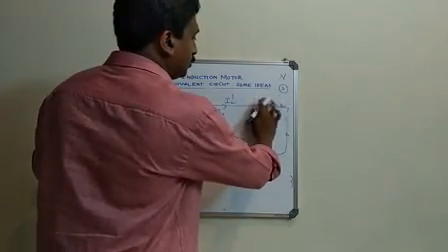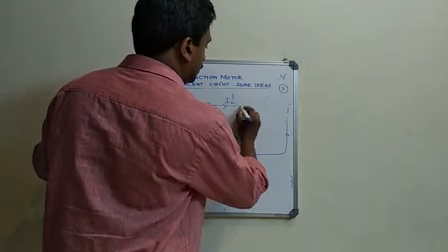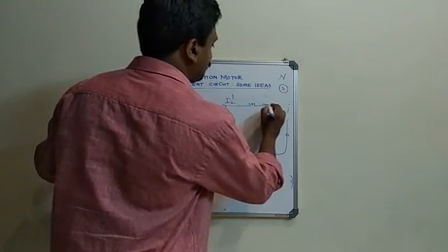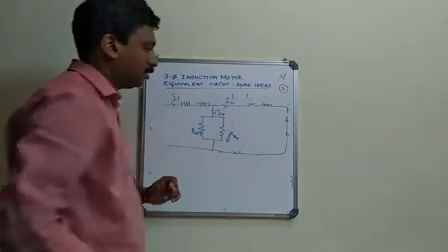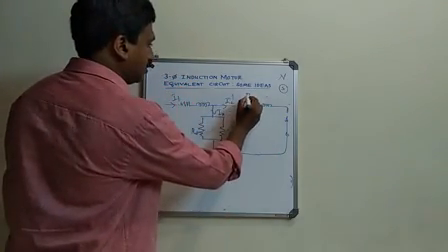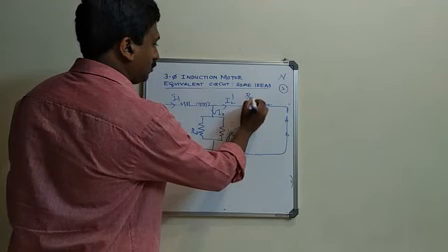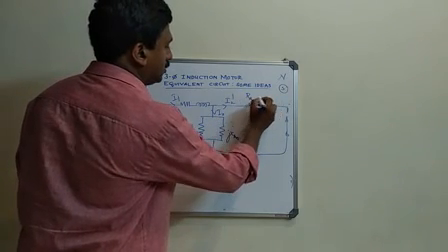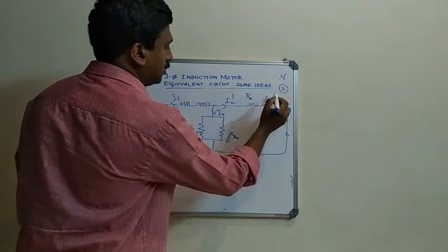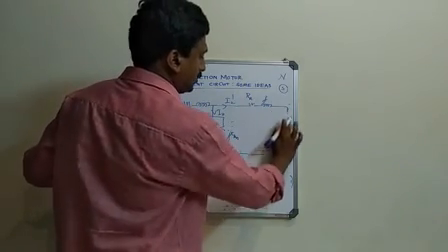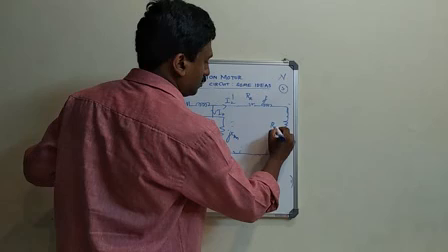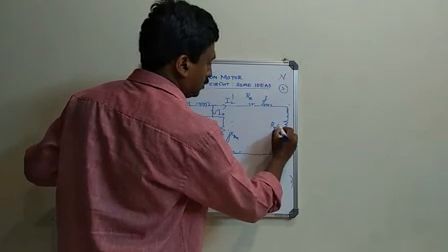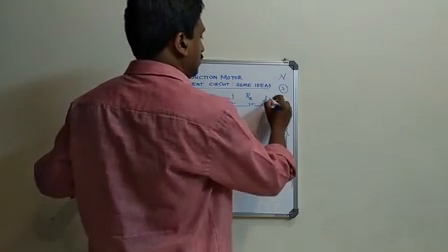Now, when you do this manipulation, let us say the rotor resistance, say j, into 1 minus S by S, j